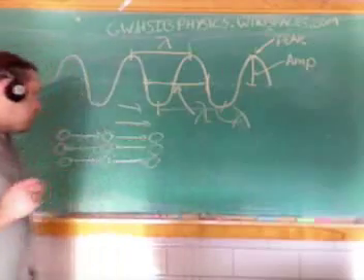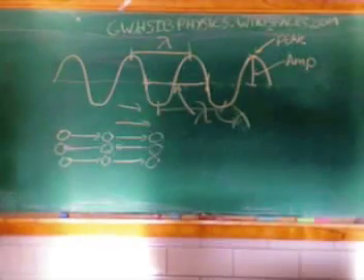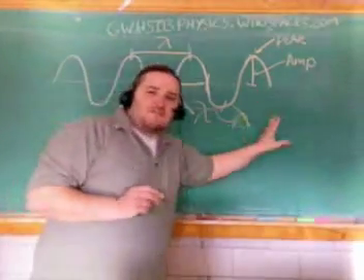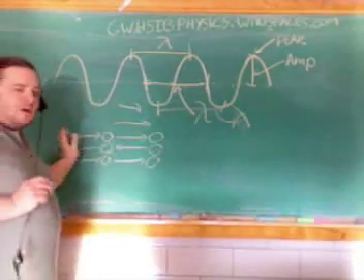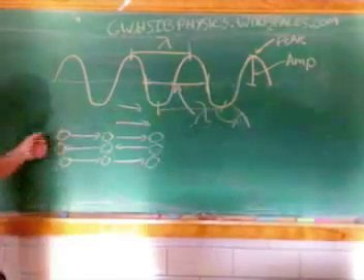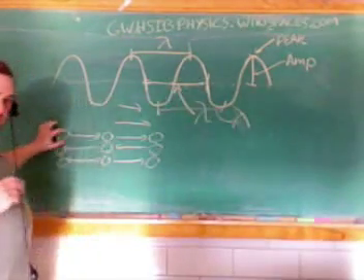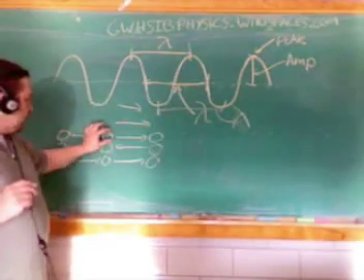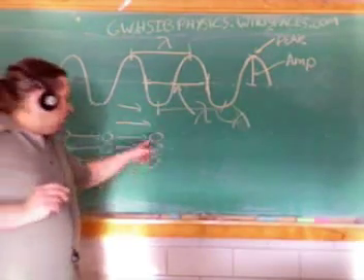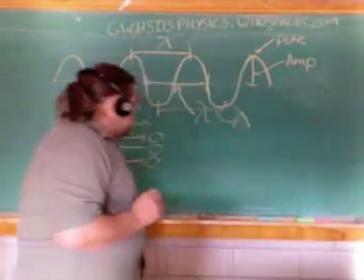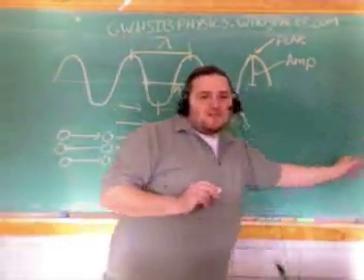Okay? Now, in the case of longitudinal waves, even though the motion of the wave is in this direction, the motion of the particles in the wave is in this direction. It's oscillating back and forth. And what I got here is kind of a diagram. So we've got a particle that goes out there and collides with another particle. Okay? That particle then moves on, and then it collides with another particle and moves on, moves on, moves on. So you get this net motion in this direction.